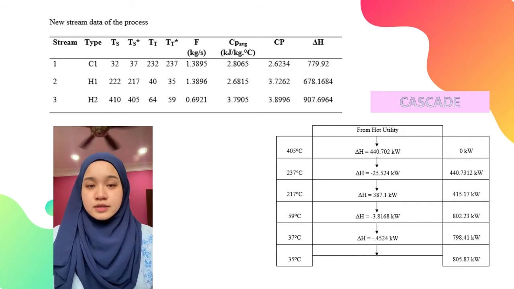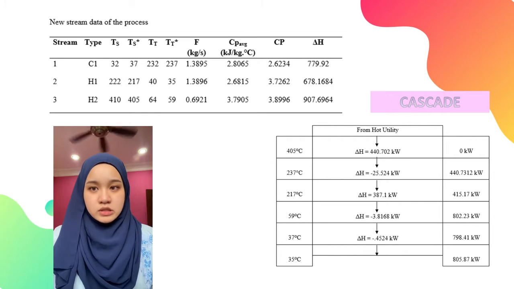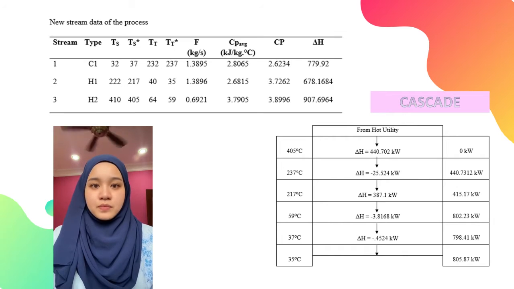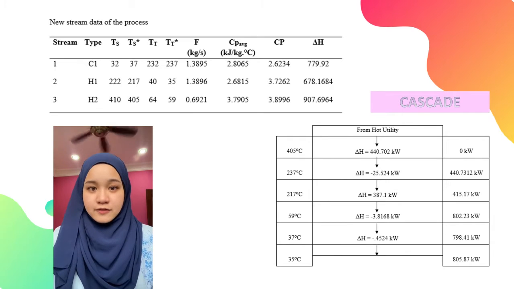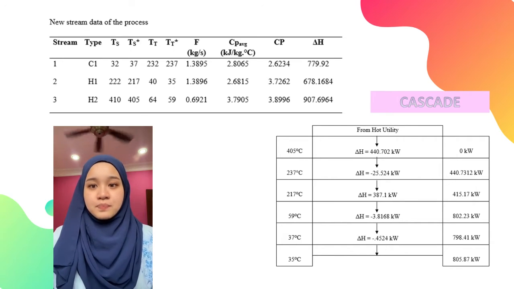As shown in the slide, the heat cascade is only done once due to positive values of the cascade. Hence, the pinch point is 405 degrees Celsius. Above the pinch point is 410 degrees Celsius, while below the pinch point is 400 degrees Celsius. From the cascade, the minimum heating requirement QH min is 0 kilowatt, while